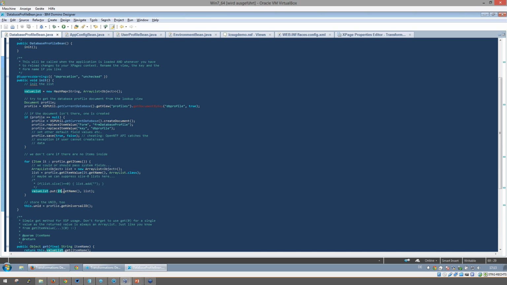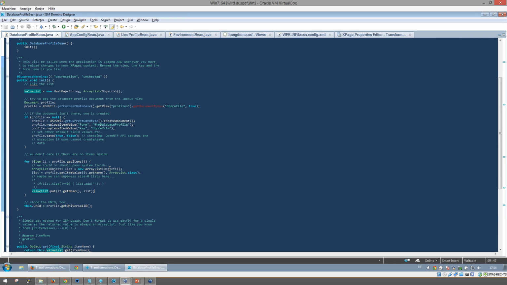This is the name of the item. This is the key. And an array list with the values of this item. And when I'm done with all the items, I can access all the values later just by hitting the hash map and accessing the key, just like using the session scope or the view scope map. It's exactly the same,